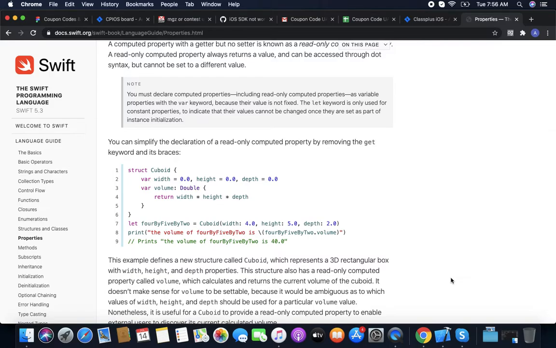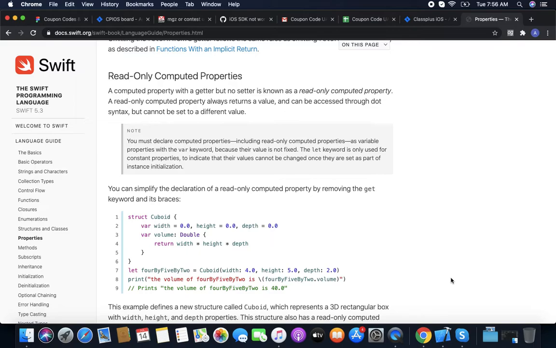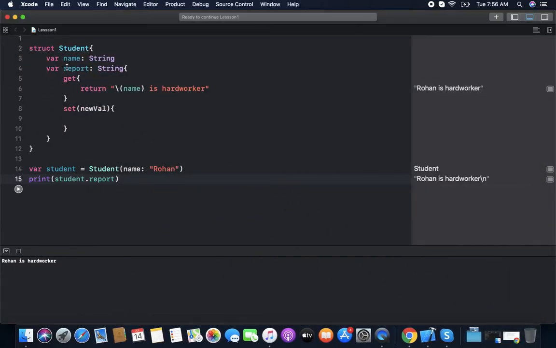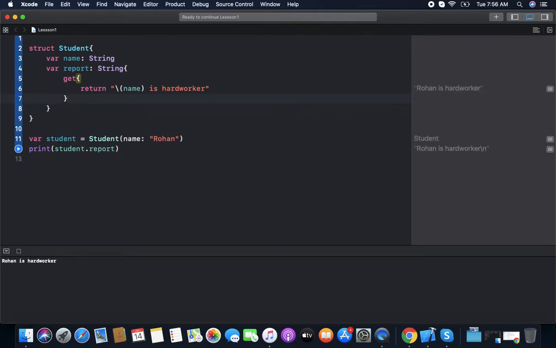Now we have read-only computed properties. Read-only computed properties are properties that only have a getter, never a setter. Because we know they only have a getter, like in code, it's only a getter. It has a setter, but we will not be using the setter, so we can remove it. Now we can't change the value of report.